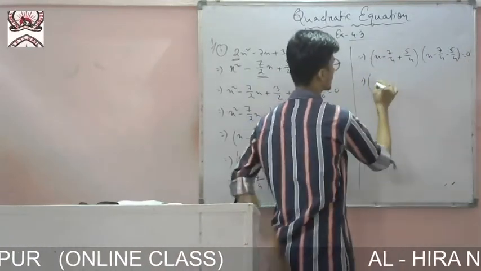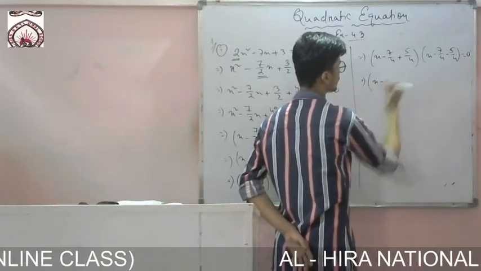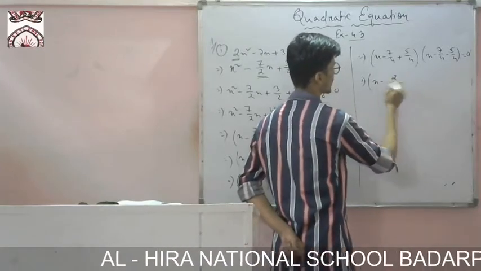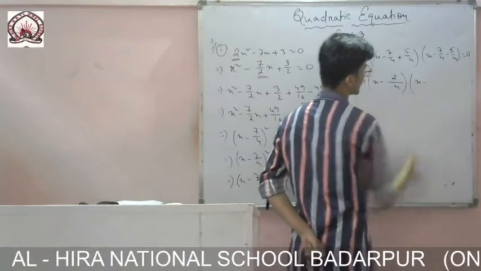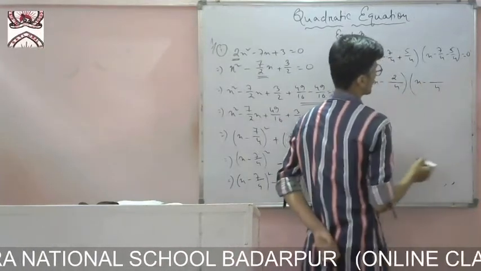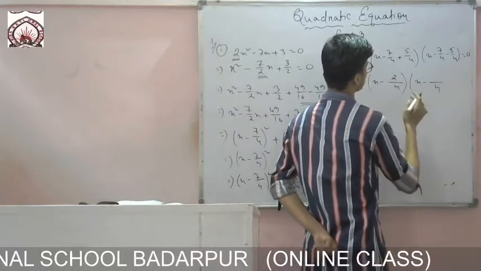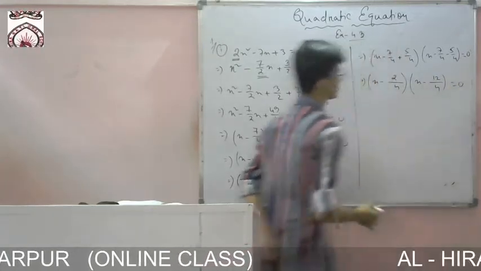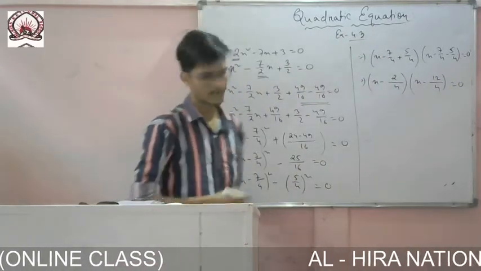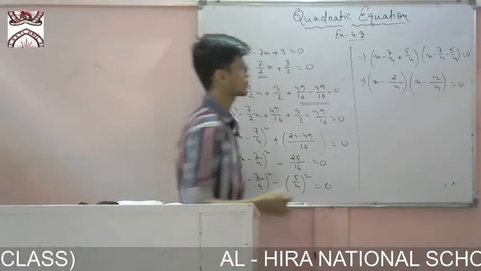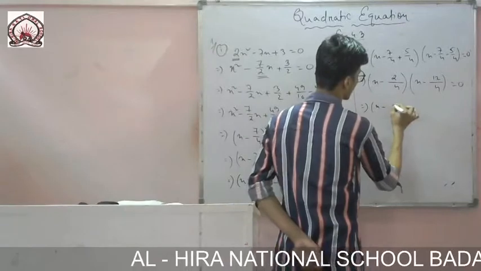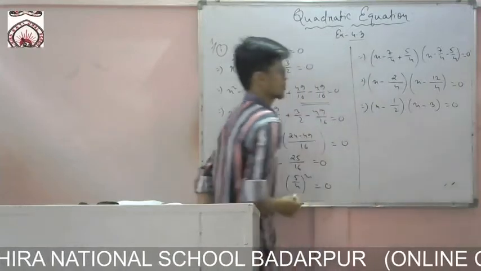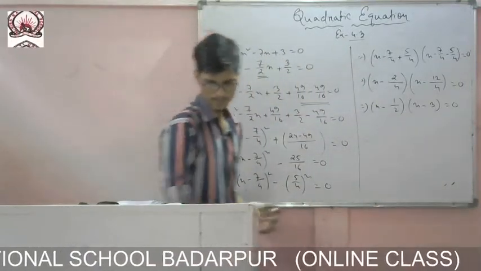So that means it is coming x minus 7 by 4 is common here. So minus 7 plus 5, that is minus 2, so here it will be minus sign. And then again x minus minus it is becoming plus, so it will be 7 and 5, it will be 12 equals to 0. So x minus 2 by 4 and x minus 12 by 4. So 2 by 4 I can write as x minus 1 by 2, and x minus 12 by 4, 4 3s are 12, it is coming 3. So the roots directly came.